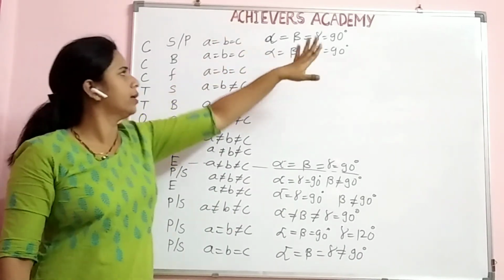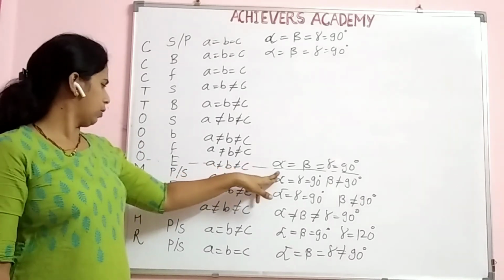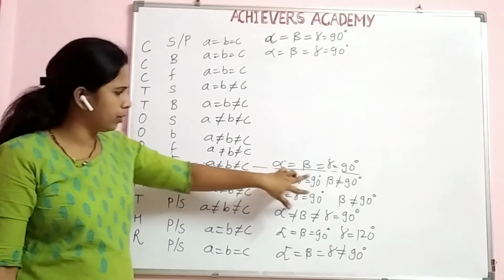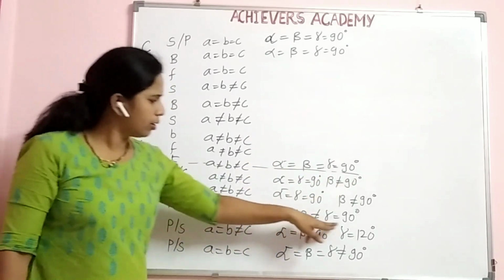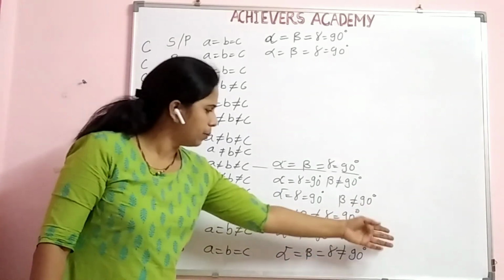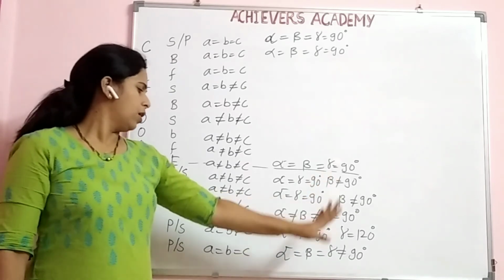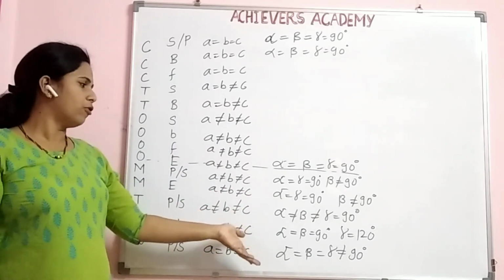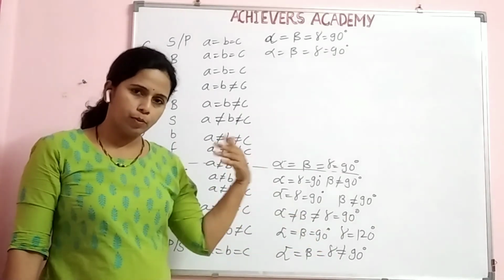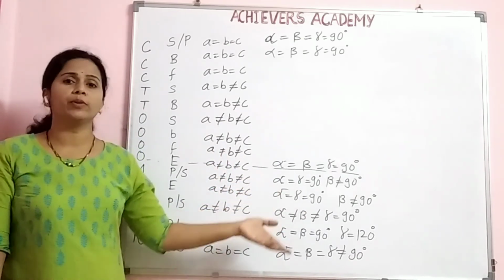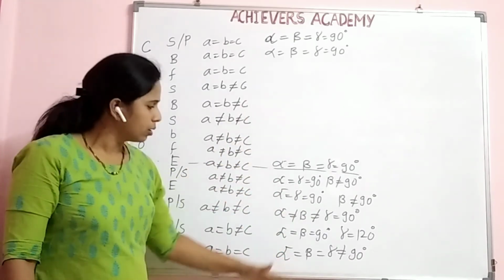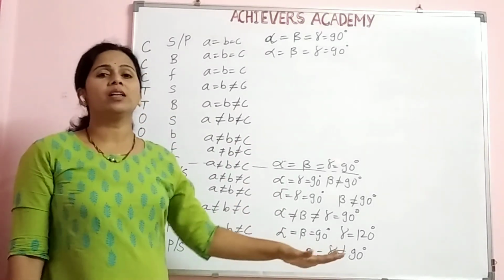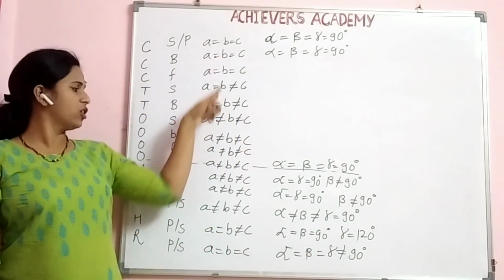Understood? See this condition, all are 90. This is still orthorhombic, all conditions of orthorhombic. And then you have to just remember, this is repeating again, alpha, gamma 90, beta is not 90. Then all are not equal to 90. Then alpha, beta is 90, but gamma is 120. And lastly, alpha, beta is equal to gamma is not equal to 90. So this way you have to remember, student. This is required for solving certain problems which you are going to solve for the competitive exam like NEET and JEE. That's why I'm giving you a very easy idea to remember. So is it clear? So with this we have completed 14 Bravais lattices with their different edge length and the bond angle.